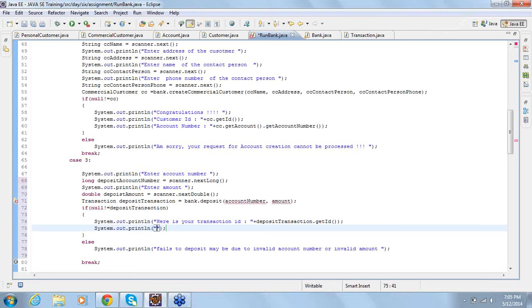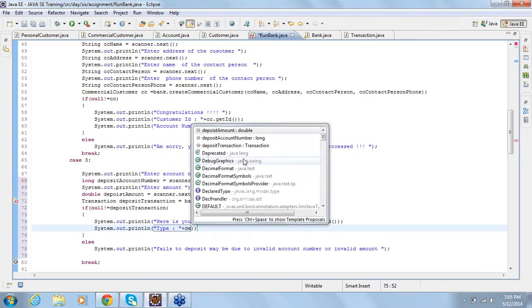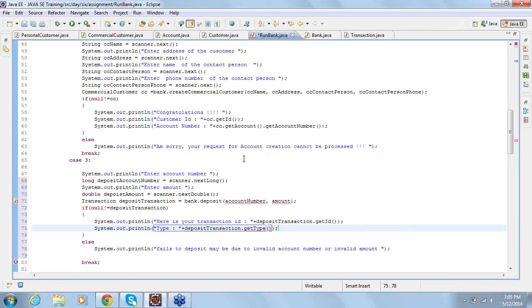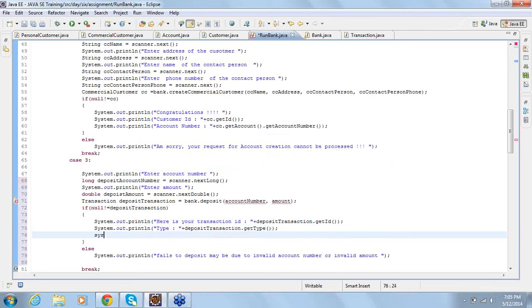You get the transaction ID, you get the transaction type, and the date and time, and the money involved.